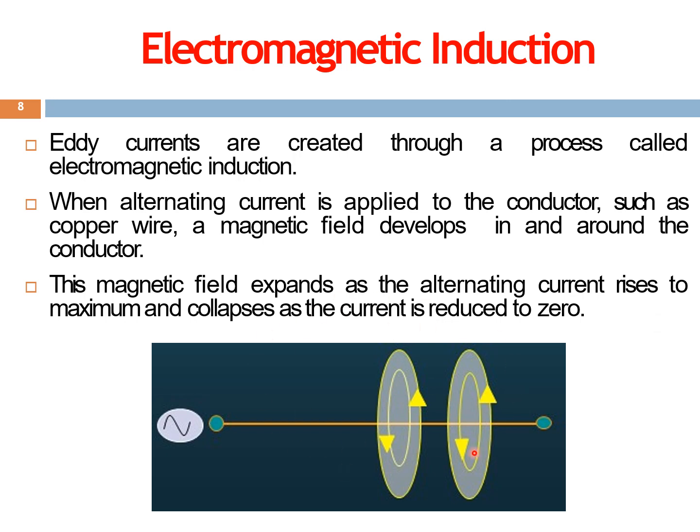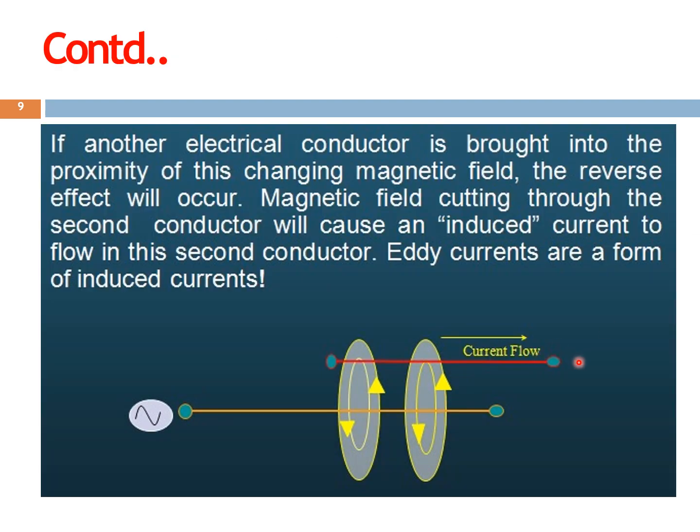Now this is the existing condition. We have not talked about electromagnetic induction yet. How does electromagnetic induction or eddy currents develop? That we're going to see in the next slide. So now if another electrical conductor, shown in the red color, is brought in, that is, you are not passing any current through it, right? You're just bringing another electrical conductor, say a copper wire. If that copper wire is brought in the vicinity of the first conductor that is shown in yellow, what will happen? The second conductor shown in red is actually in the vicinity of the first conductor.